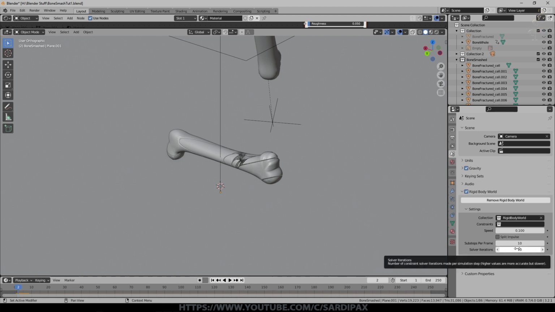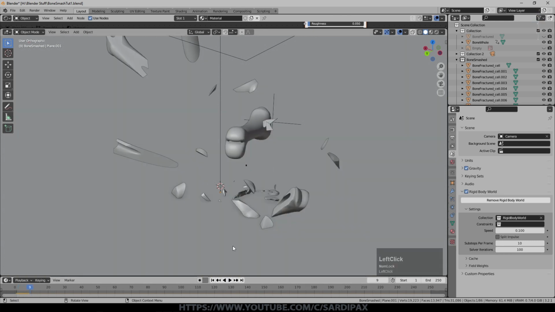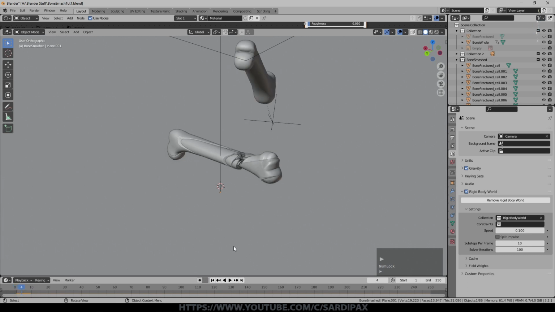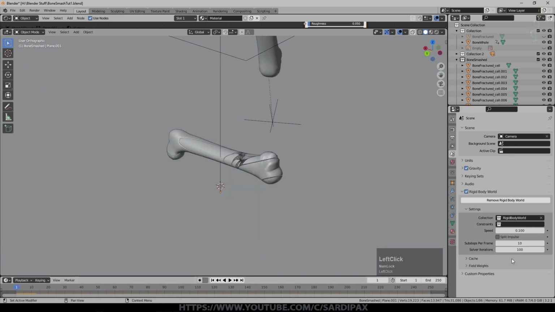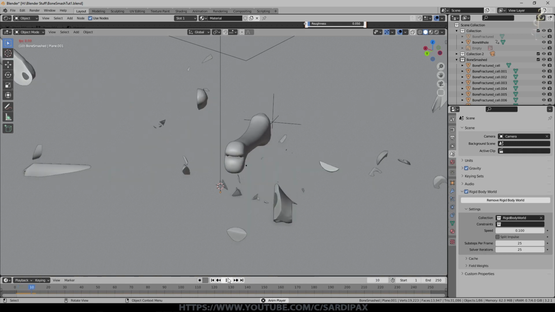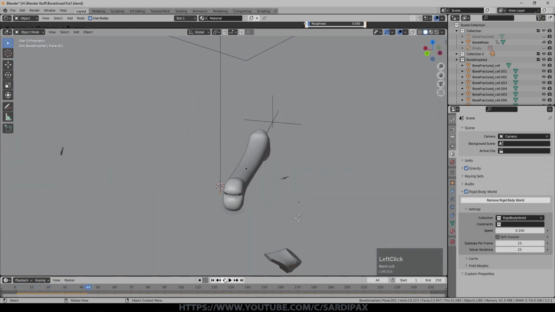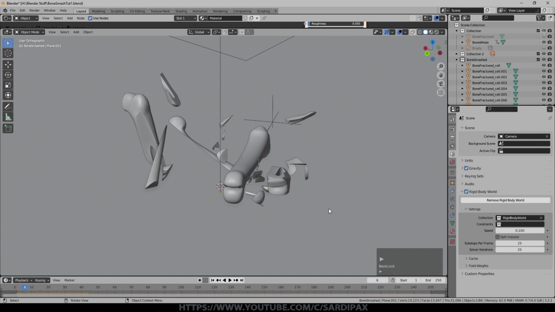And solver iterations, so how accurate the simulation is going to be, and we can turn that right up as well. We'll go back to the beginning and start it simulating, and again I can already see it started to jiggle before the impactor had reached it. So you can see there it made no improvement there either. So I think I ended up with a compromise of putting about 25 sub-steps and 25 solver iterations. So more accurate than the default, but doesn't solve this main problem. Again, different scales, much larger scales or even smaller scales, might avoid this problem, or it may be less noticeable. Could be I'm just trying to do it on too small a scale or something like that.